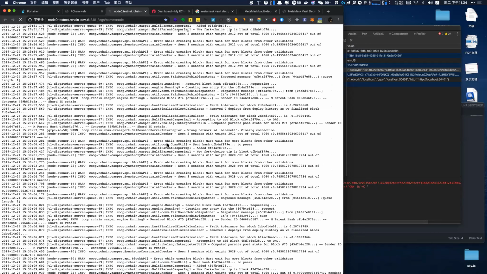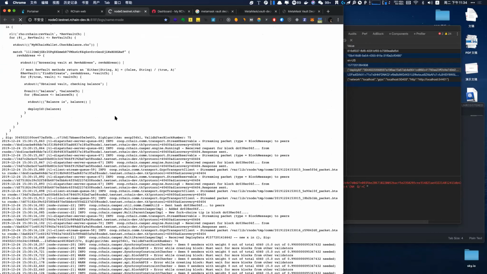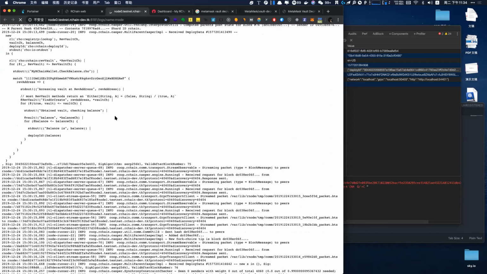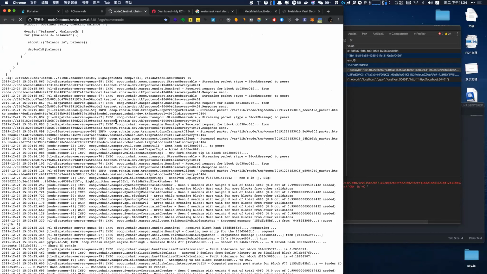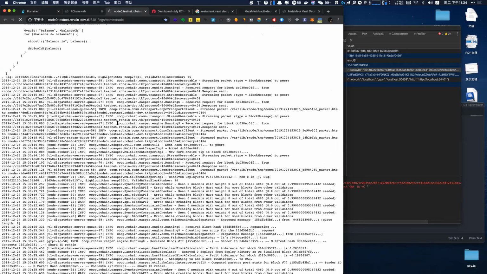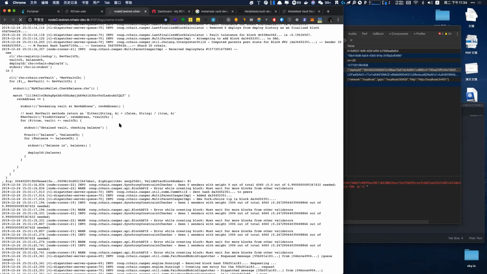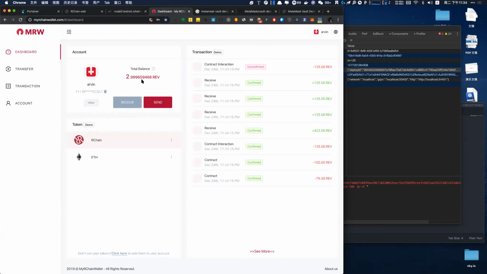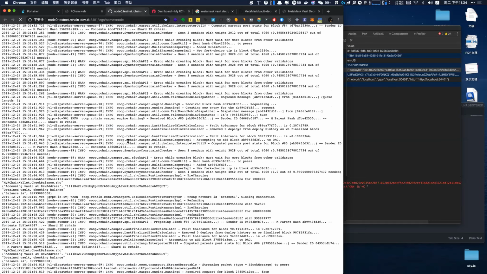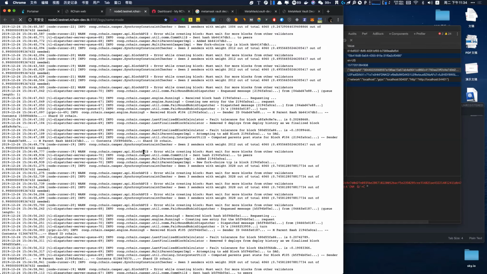If we receive some failed result, there are several situations. The first situation is that you didn't have enough REV. For example, if you have 0 REV, you can't deploy the check balance contract because you didn't have enough funds, so you can't deploy it. It just fails. So my problem is that when testnet was restarted, they didn't